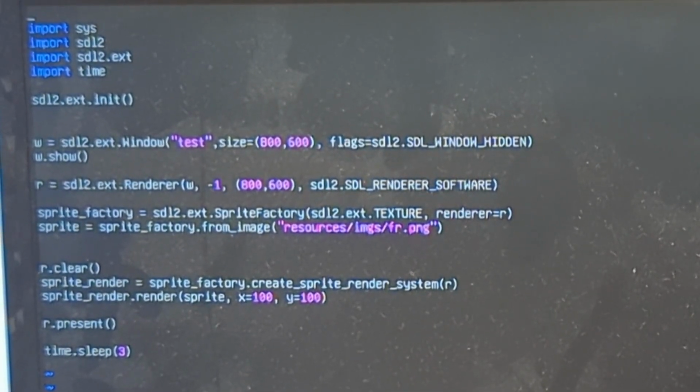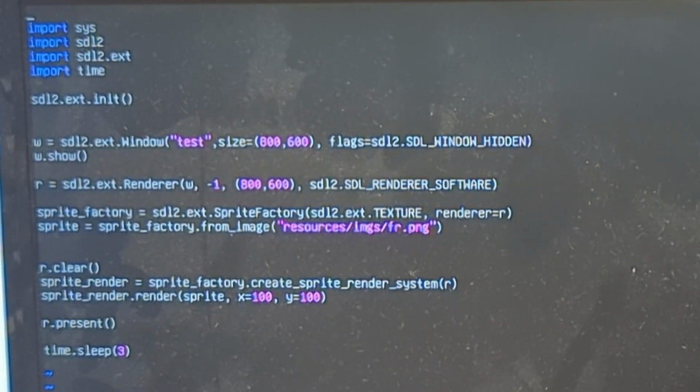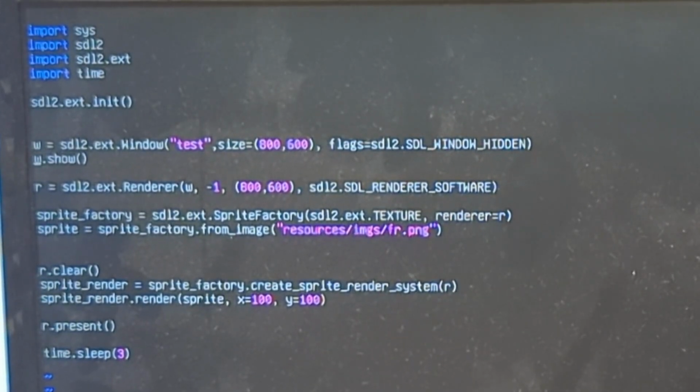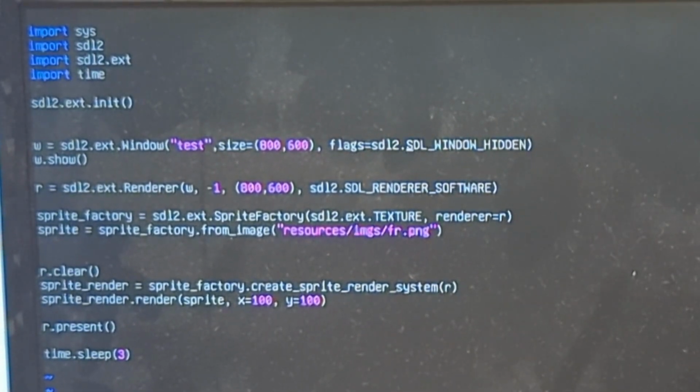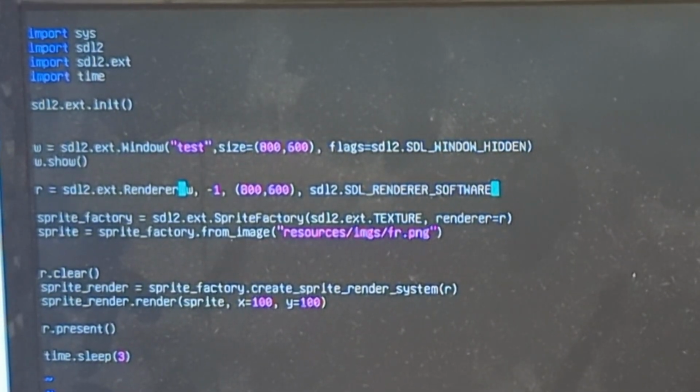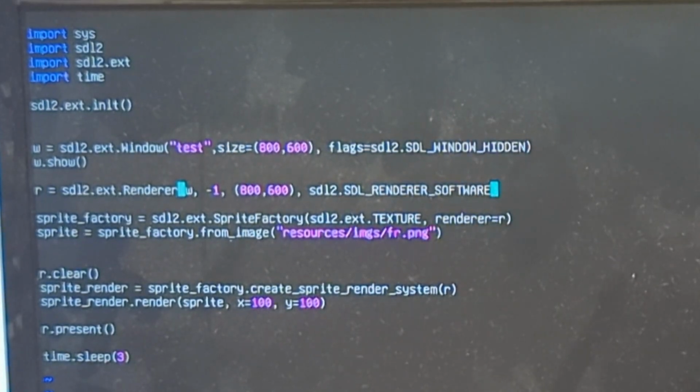Instead of using Pygame, I just use SDL and try to shave off any extra processing that I could save on. And all I did is initiate SDL, create a window, and make the window show, and it's important to make it be hidden right here. We have to make it be hidden, otherwise it doesn't really show up, because we're running in a graphical user interface-less environment.